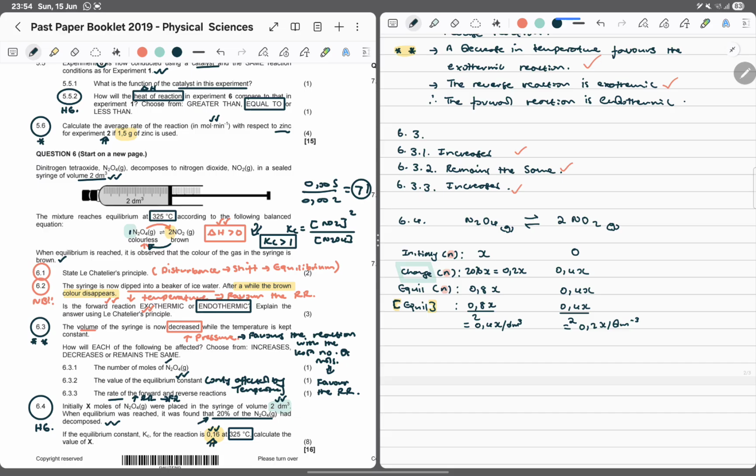And this question is actually the simplest. I don't know why 8 marks were given here. It really looks quite simple. So we know that Kc is going to be the concentration of NO2 all squared because of its coefficient, over N2O4 to the exponent 1. So this implies that Kc we're given is 0,16, which is ridiculous for the statement that we were given here. Doesn't make sense anymore. So the examiners are changing their own story. Anyway,